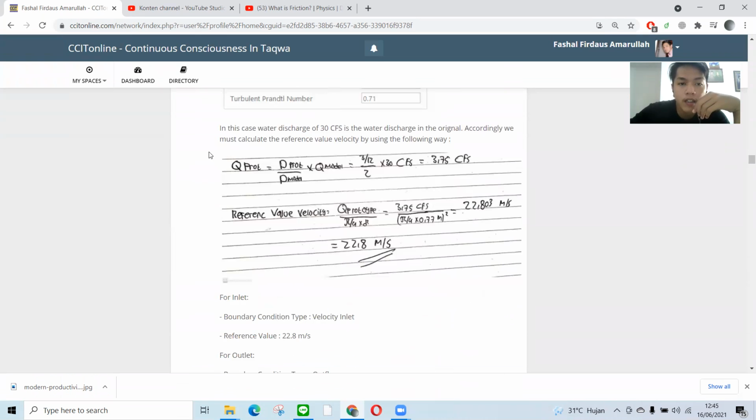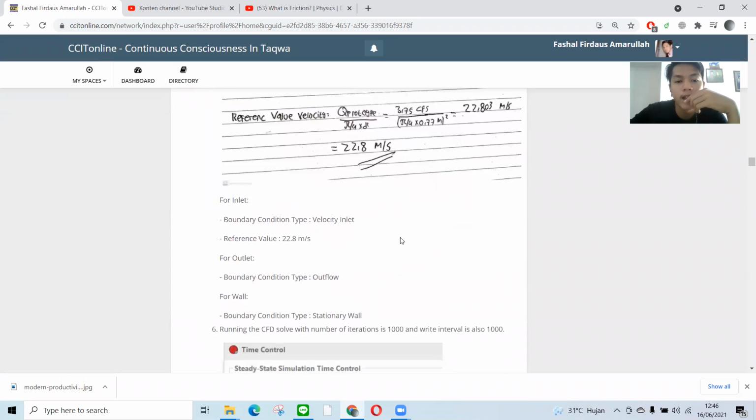This is the equation: Q prototype over Q model equals D prototype over D model, and the model discharge is 3.75 GFS. After we calculate with the equation, the reference velocity we got is 22.8 meters per second.